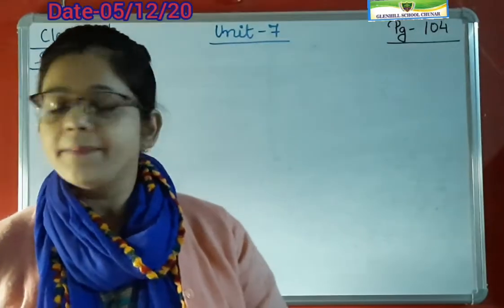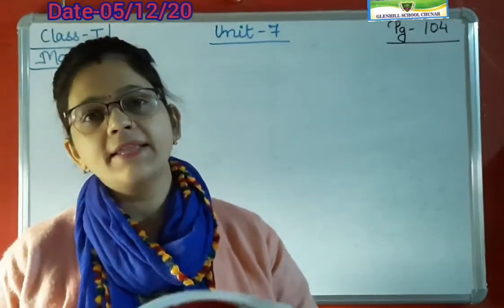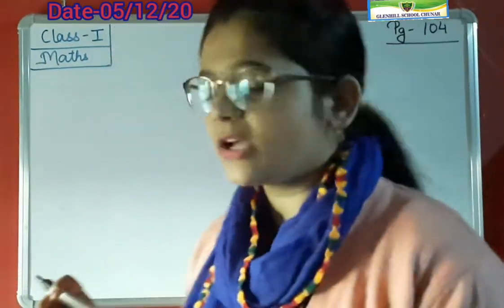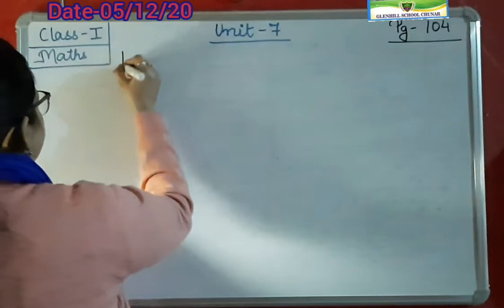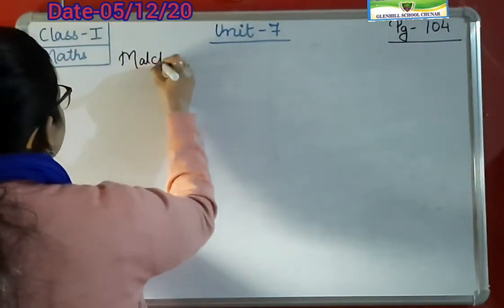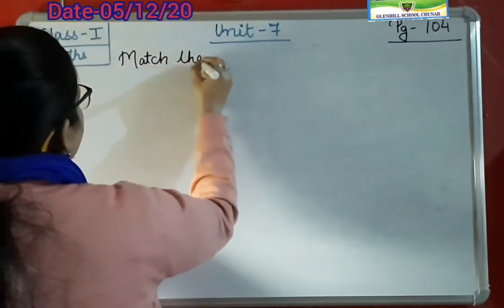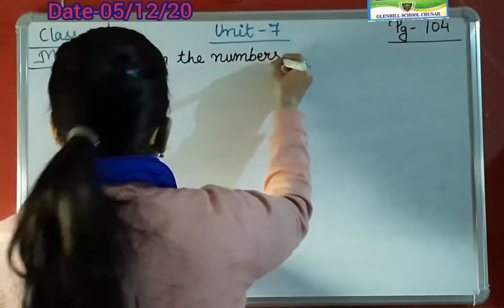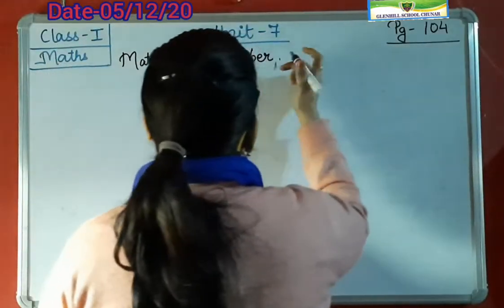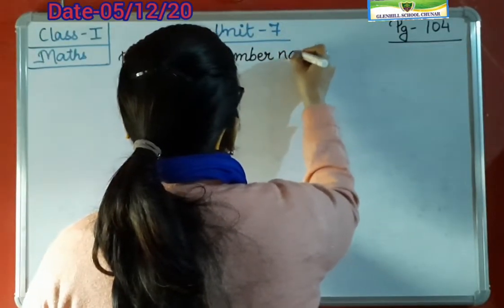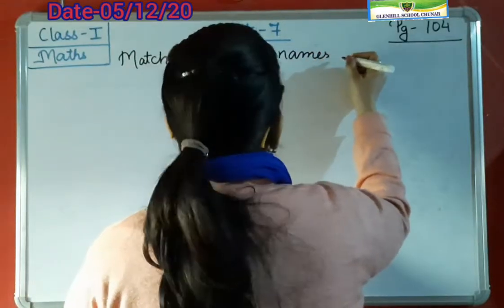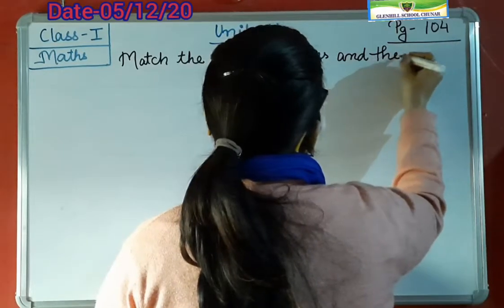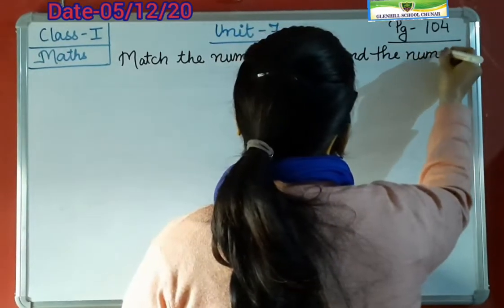इसमें आपके ढेर सारे नंबर्स नेम दिए हैं और एक साइड में न्यूमरल्स दिए हैं. What you have to do, you have to match. Okay, so I am writing the question. See, match the numbers, number names and the numerals. Okay,